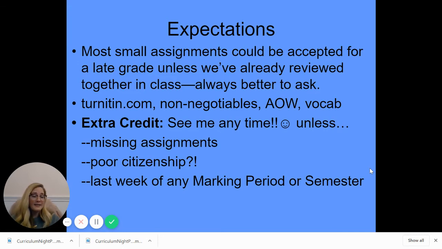Extra credit, this is on the syllabus, so I'm not sure if you saw it or not, but I do handle this pretty uniquely, I think. I'm not going to ever hand them a crossword puzzle or anything to do for extra credit. It's just not how I like to do things. But if a student ever feels nervous, or maybe he or she didn't do very well on a test or a quiz, and you just want that grade to be padded a little bit, anyone can come ask me for extra credit whenever.